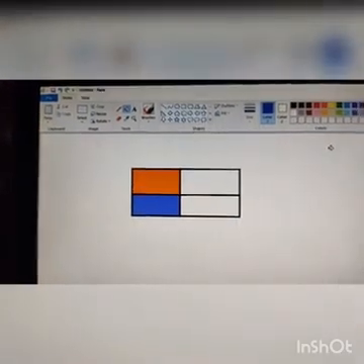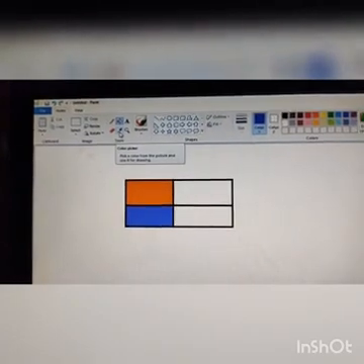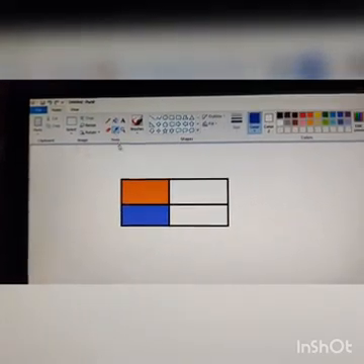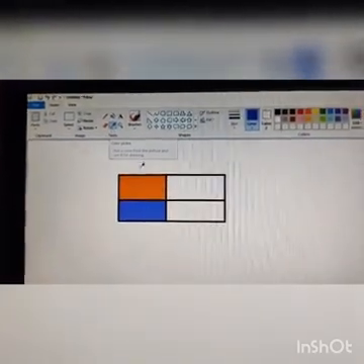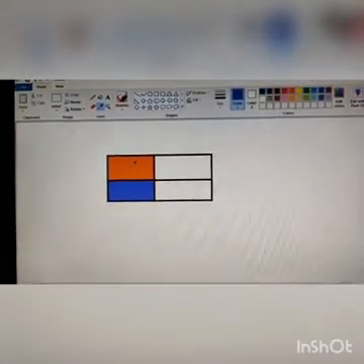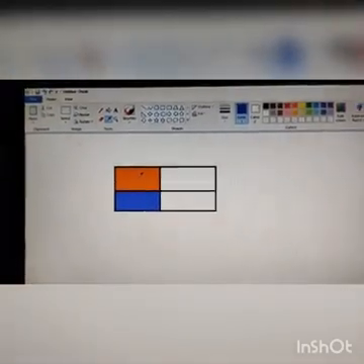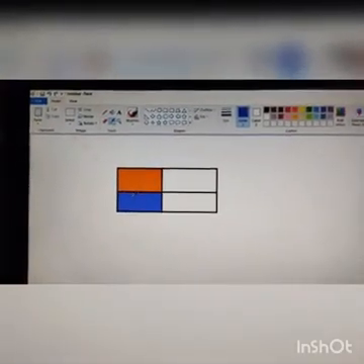Now I will show you the work of color picker or pick color tool. This is color picker. With the help of this tool you can copy any color from a picture, and wherever you want it you can paste it. Now see how to copy any color from the picture.